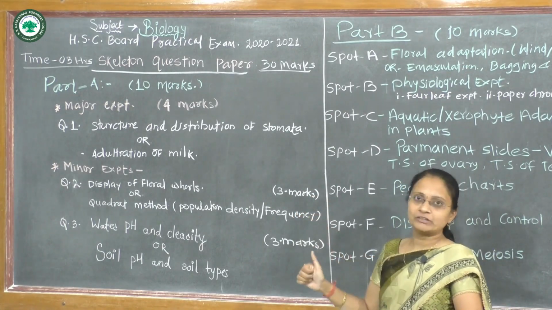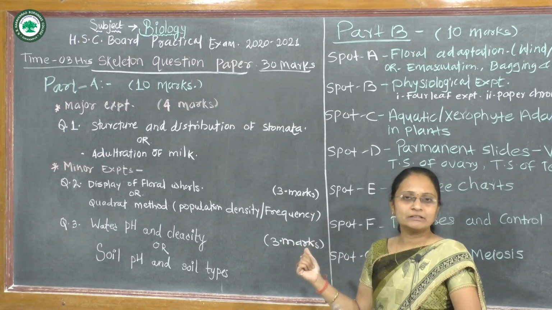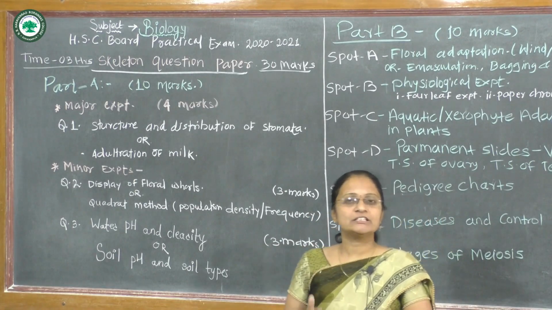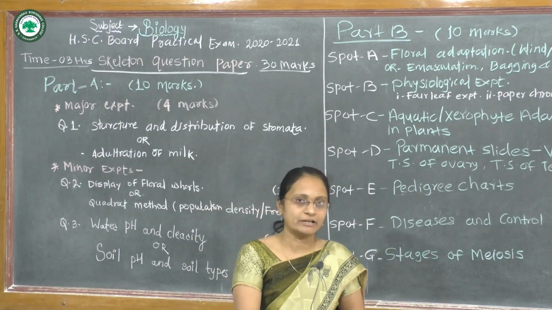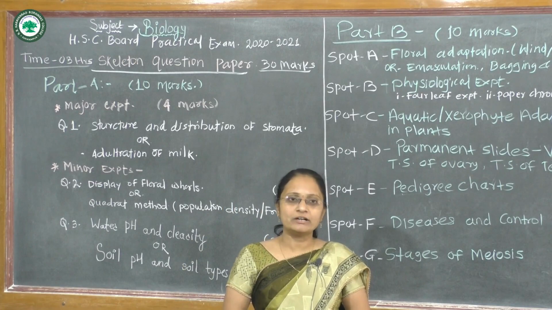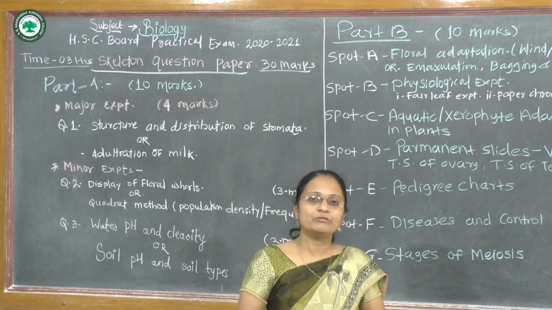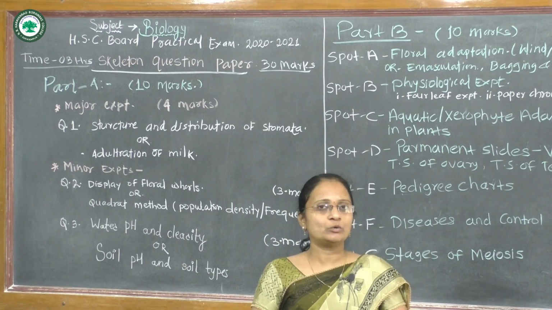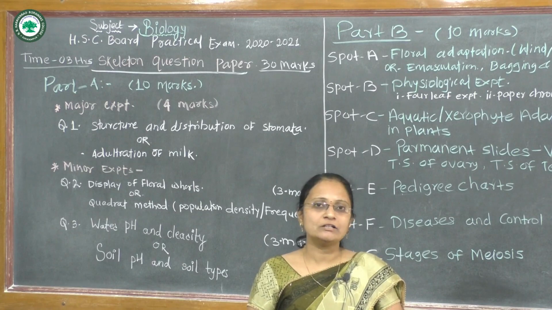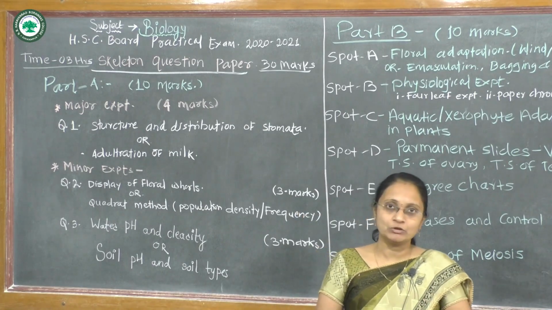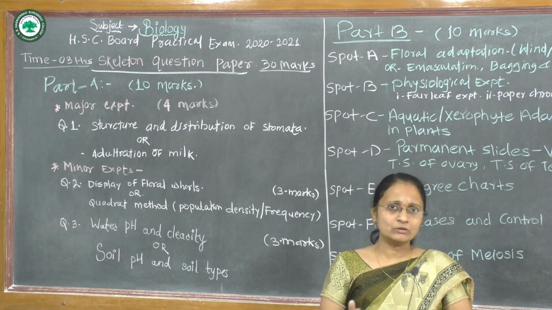Now the alternative for that question is the quadrat method. In this quadrat method, which species is dominant in the respective region or area has to be found out. With the help of this quadrat, you have to identify the dominant species. With the help of the formula, the calculation has to be done at the time of the practical examination, and prepare a chart. This chart is also shown in the practical handbook, and the 1, 2, 3